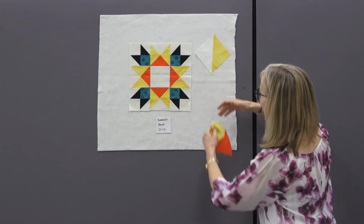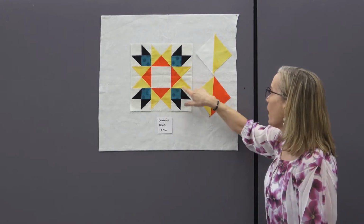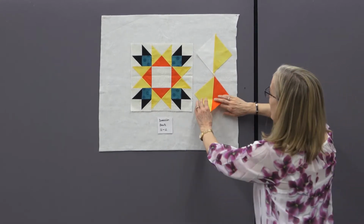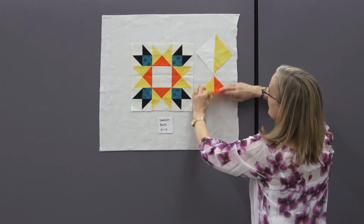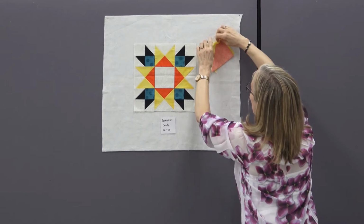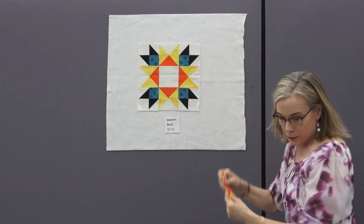as shown, and here we have a matching set that's going to make one of these, or it's going to make 2 of these blocks. So you want to press them open, and then you want to nest them together. You want to press your seams toward the yellow, and you want to nest them together so that the yellow is on opposite sides. And the seams will nest together because they're both pressed toward the yellow, and the yellow is on opposite sides. And then you want to